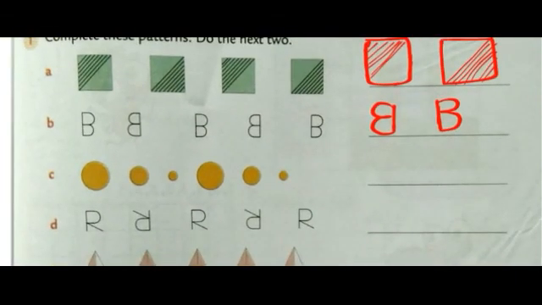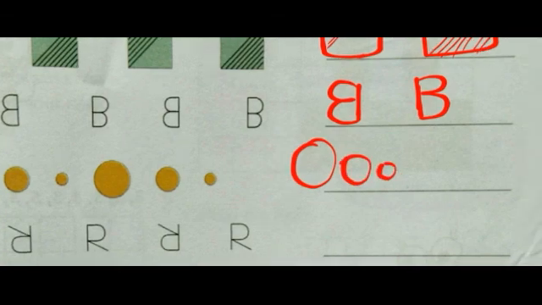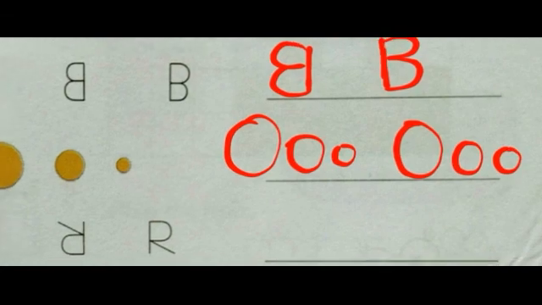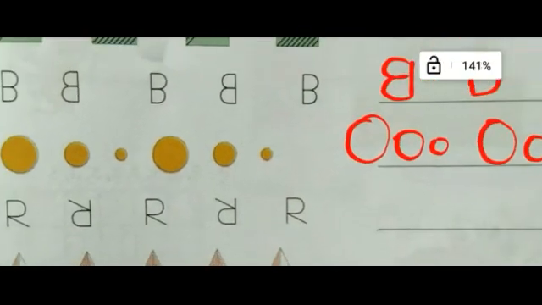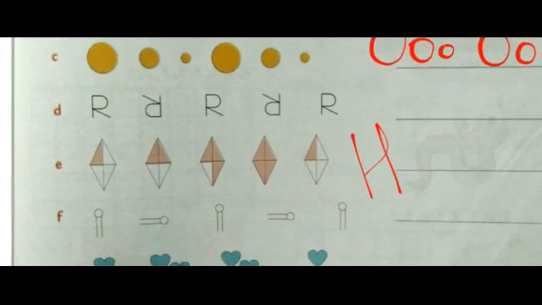Now see the third one. First we can see a big circle, then smaller than that and smaller than that. Again the same pattern is being continued. Big, then smaller than that and smaller than that. So again we will draw the next pattern here. Big circle, smaller than that and smaller than that. Again, one more. A big circle, then smaller than that and smaller than that. This way. Understood? So now scholars, I would like you all to try the remaining as homework.